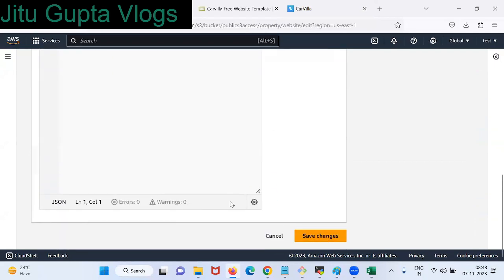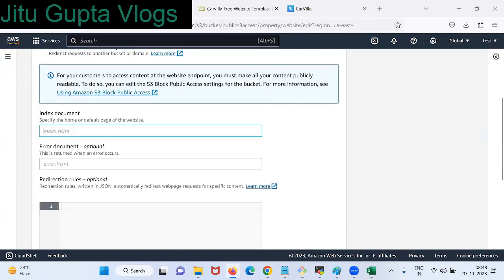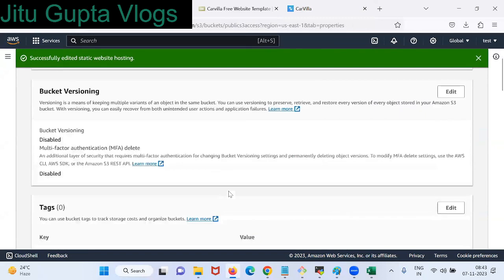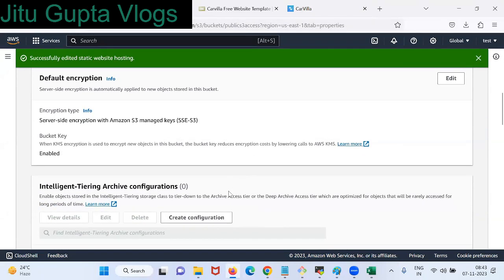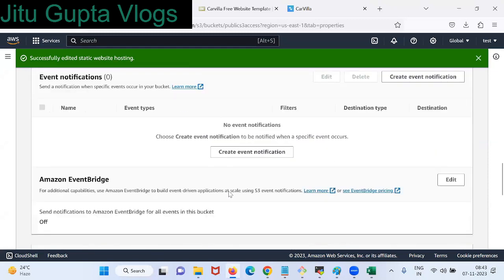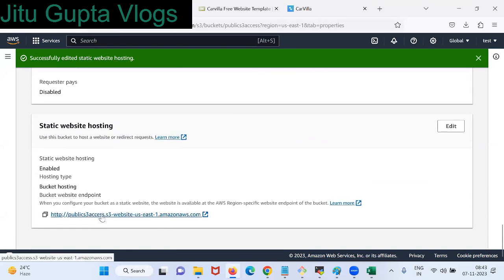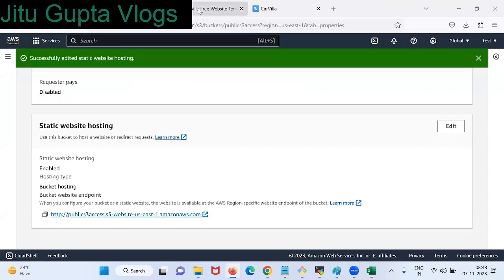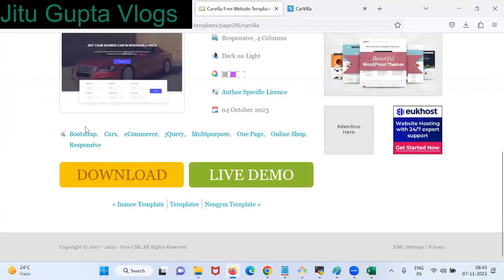That's it. Here, give something, anything here. Test also we can give. Save changes. I haven't tried with test. You can try it. I don't know if it will work or not. Okay. For now, try with just the name index.html. They are giving the shadow in the index.html. So download the